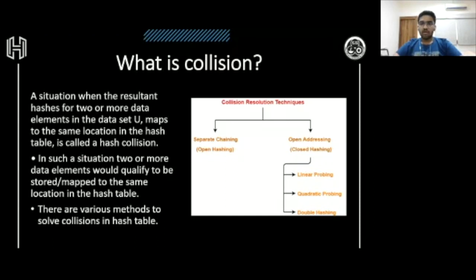Okay. Now the other technique is open addressing, that is closed hashing. In this type of collision resolution, if there are two elements that are colliding for a space, if they are fighting for a space, what we do is we keep the element that is already present in that space and we just move forward or we extend that element.